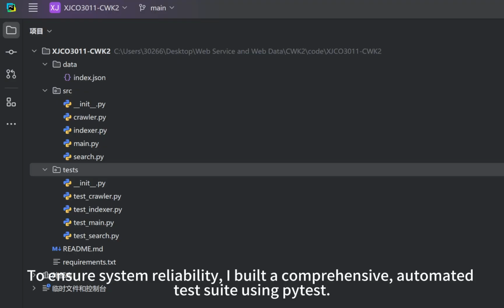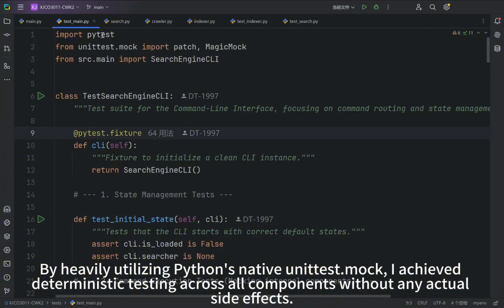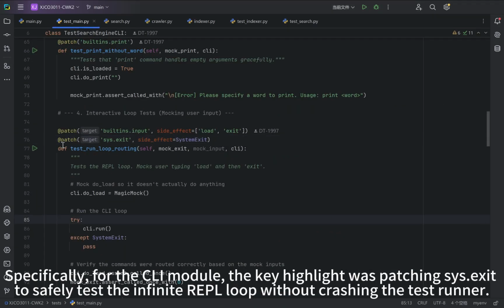To ensure system reliability, I built a comprehensive automated test suite using PyTest. By heavily utilizing Python's native unittest.mock, I achieve deterministic testing across all components without any actual side effects. Specifically, for the CLI module, the key highlight was patching sys.exit to safely test the infinite REPL loop without crashing